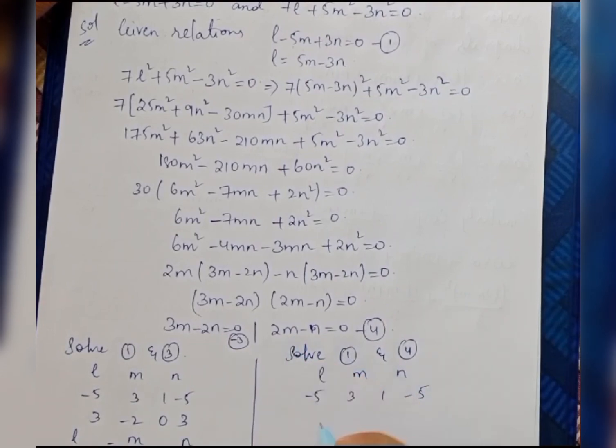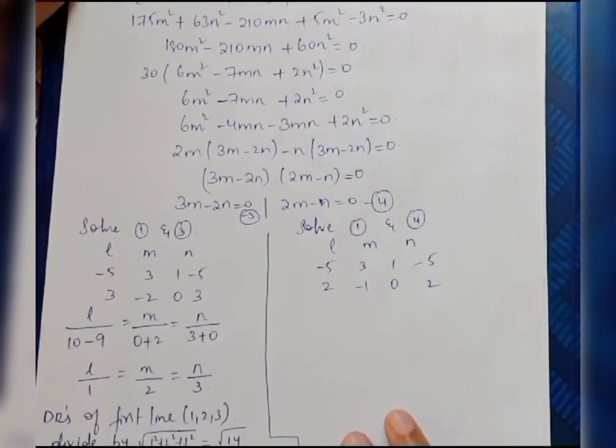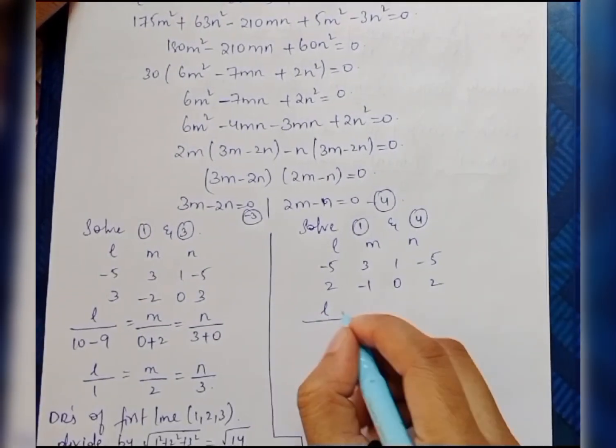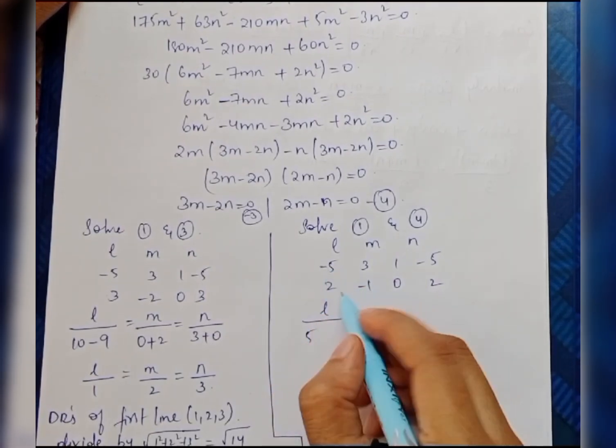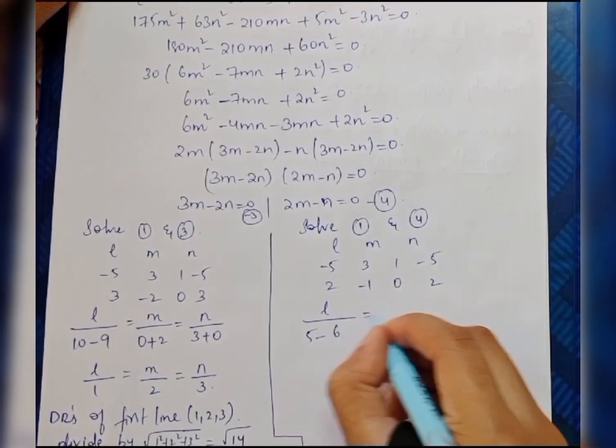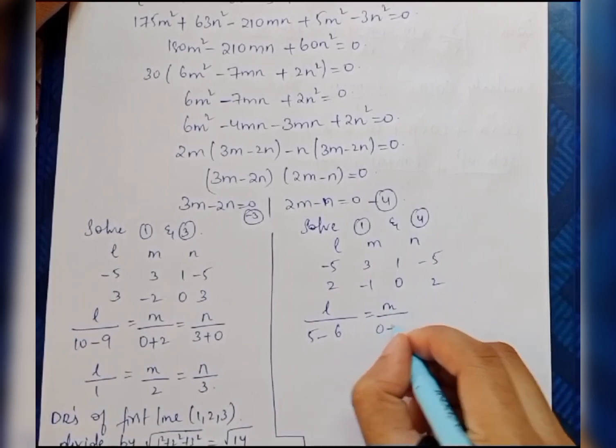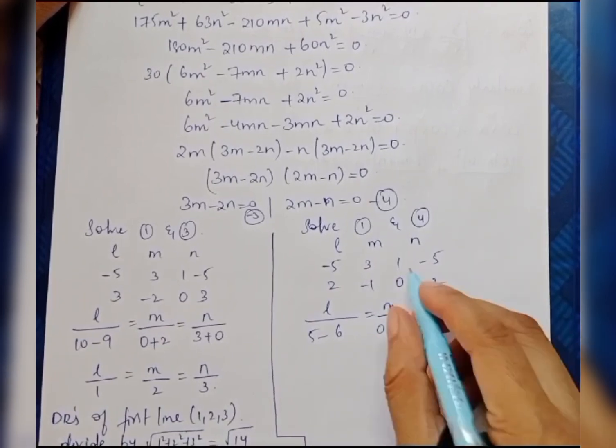And for equation 4, M value is 2, N is minus 1, no L, so it is 0, and again it will be 2. Multiplying, 5 ones are 5, negative, negative, positive, and minus 2 threes are 6, is equal to M by 0 plus 1, is equal to N by 1 twos are 2 minus